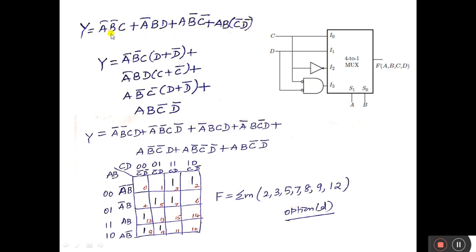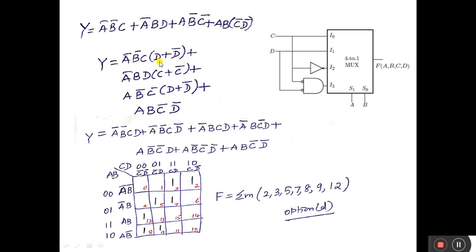So here 4 variables are there, A, B, C, D, but in this expression D is missing. Here C, here D, here completely the same data. So I can assume here 1 is present, and here 1 is present. The 1 we can write as D plus D bar. Here also the 1 I can write as C plus C bar. Here I can write it as D plus D bar. This expression as it is.